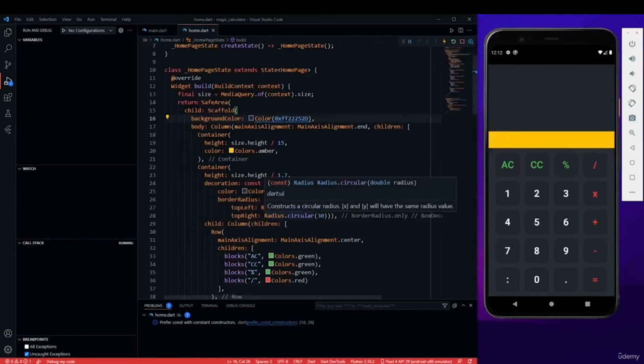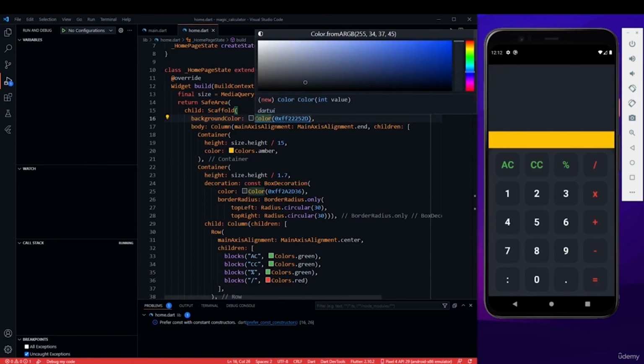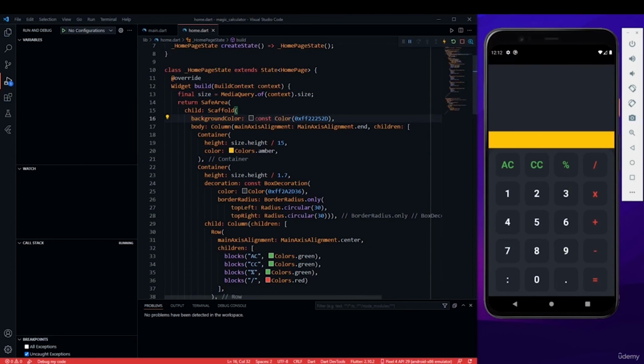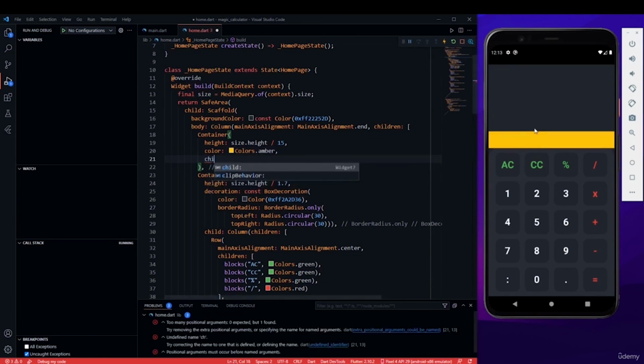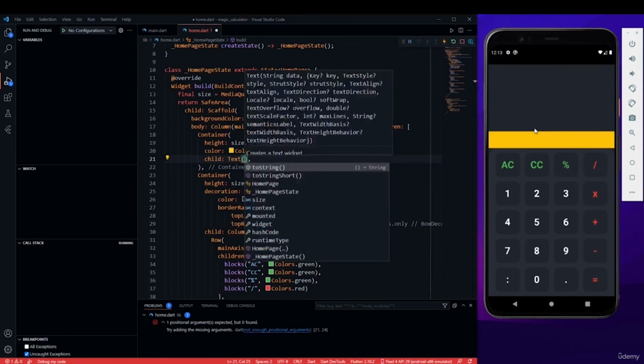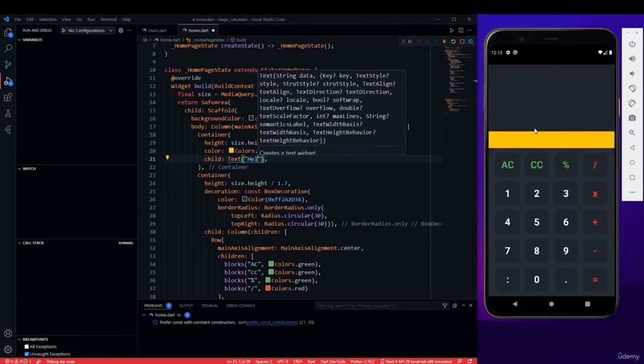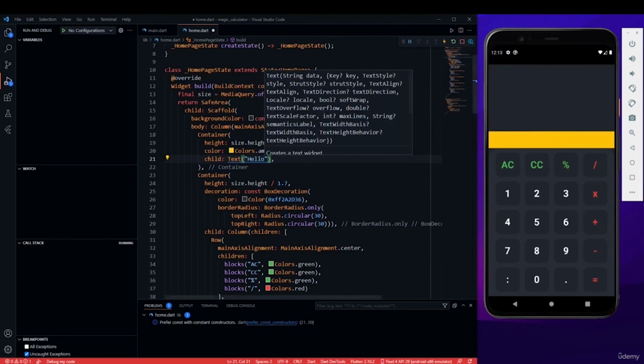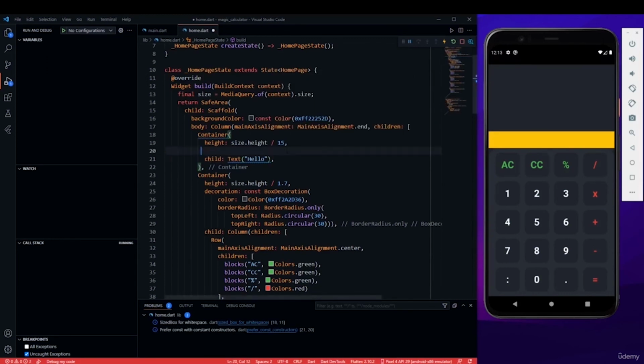Okay guys, so in the previous video, we designed this basic UI. Now let's add the logic here. So first let's remove these blue lines, these blue curvy lines coming by adding the constant keyword. Okay, let's save this. And now I will give this container, the yellow container, because that's where we want our text to be displayed. I will give it a child and give it a text. Okay, let's go with text and let's write here hello, and I can remove this color now,